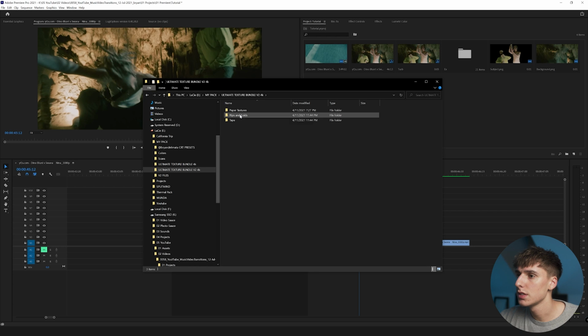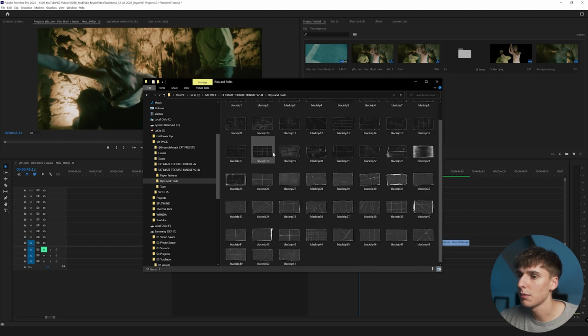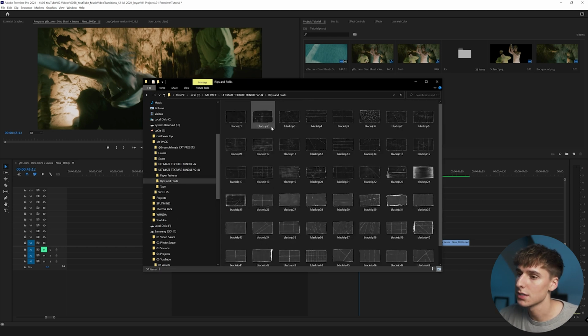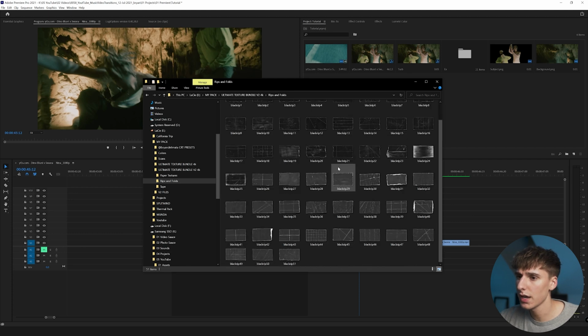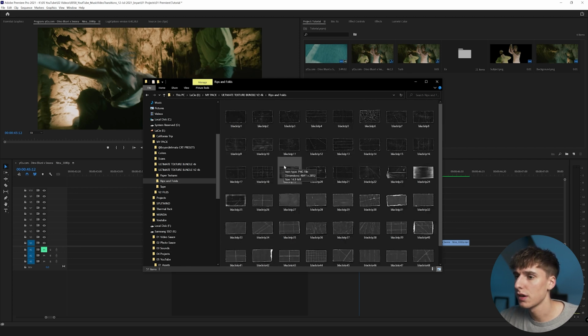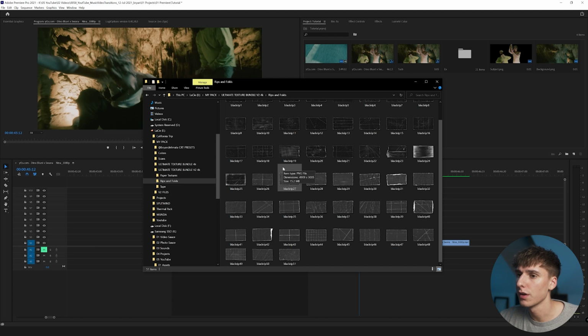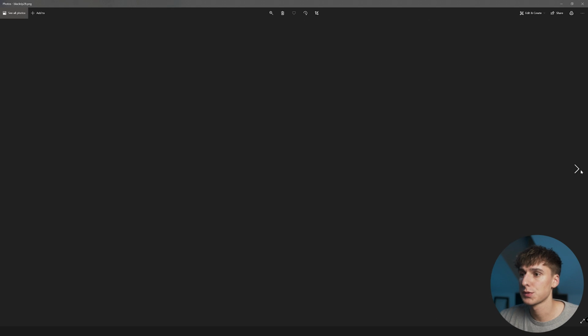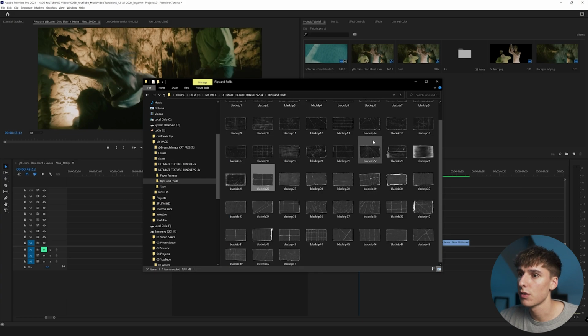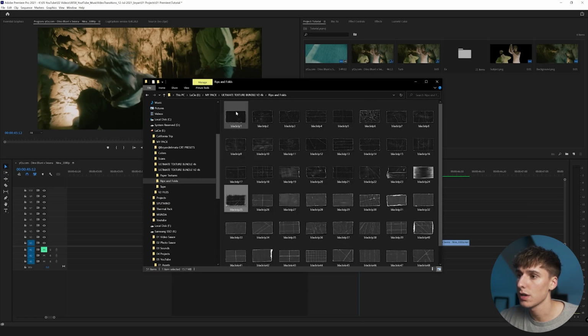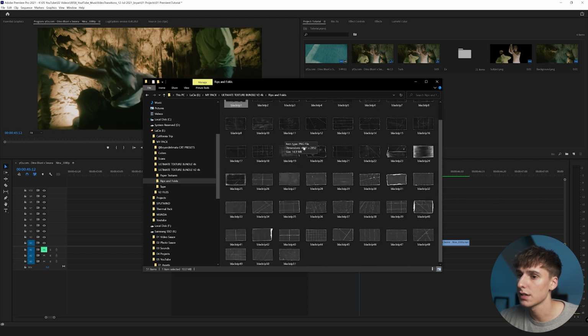So we're actually gonna be using the rips and folds here, and I'm just gonna find one that I like. Oh, you guys are getting a sneak peek right now. For the rips and folds part of the pack, if you're familiar with the V1, a lot of you guys have it. We use this type of paper for the V1, and I think it's really cool. I really do like this, but I was going for a different look, so I went ahead and made 25 of the new ones, and then I know a lot of people liked the original ones, so I went ahead and made 26 of those, because there's 51 in total. I think I was supposed to make 50. Oh well, so yeah, you get an extra one, I guess.